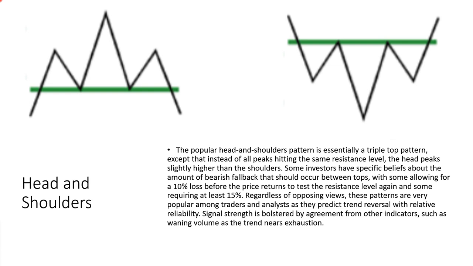So the popular head and shoulders pattern is essentially a triple top, except that instead of all the peaks hitting the same resistance level, the center peak pushes well above. Now, there's all types of formulas where you have to have a 15% rise in the head to call it a head and shoulders. Some have different slopes of the